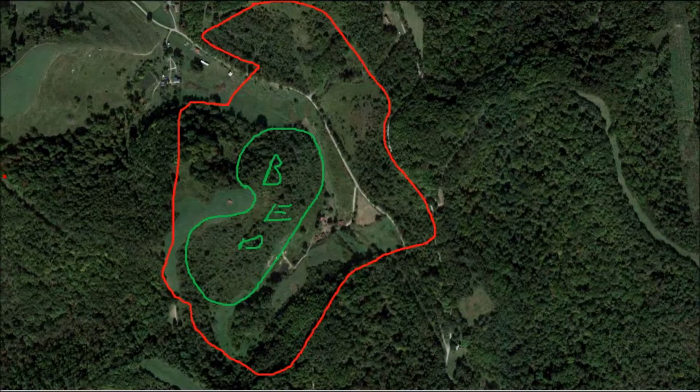Over here we have an old logging road. Comes out to a gate, which is right there. Alright, now all along this logging road, year after year, during the pre-rut, rut, and post-rut, these scrapes will pop up along here. Okay, and usually right here there's a little group of them. That's because there are 4 and 5 little apple trees right here, which is what leads me to talk about